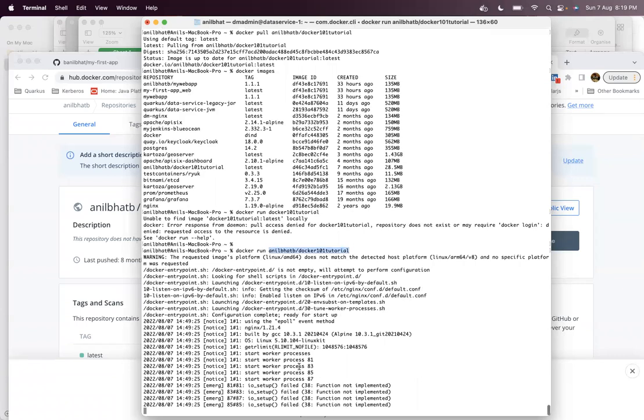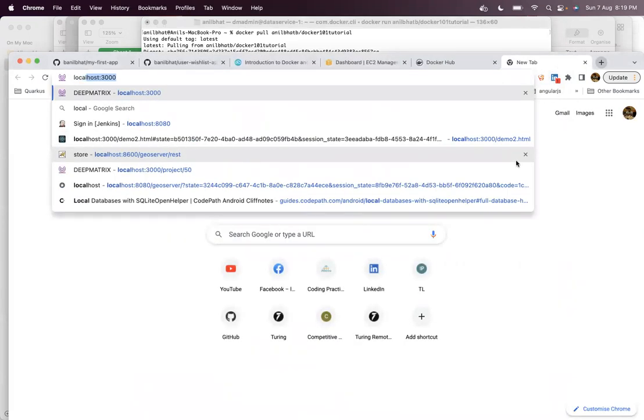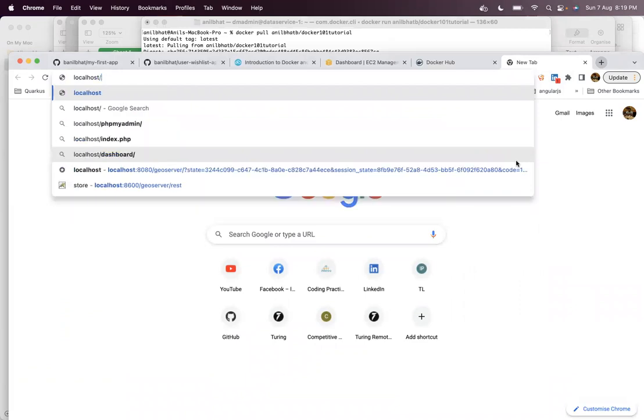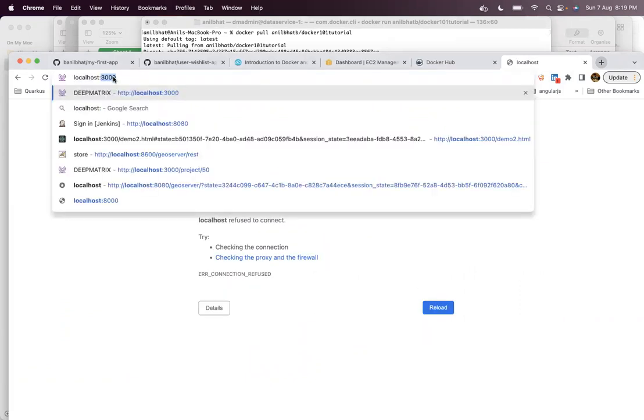Now you can see that you have started running an nginx instance. I think it should work on localhost.